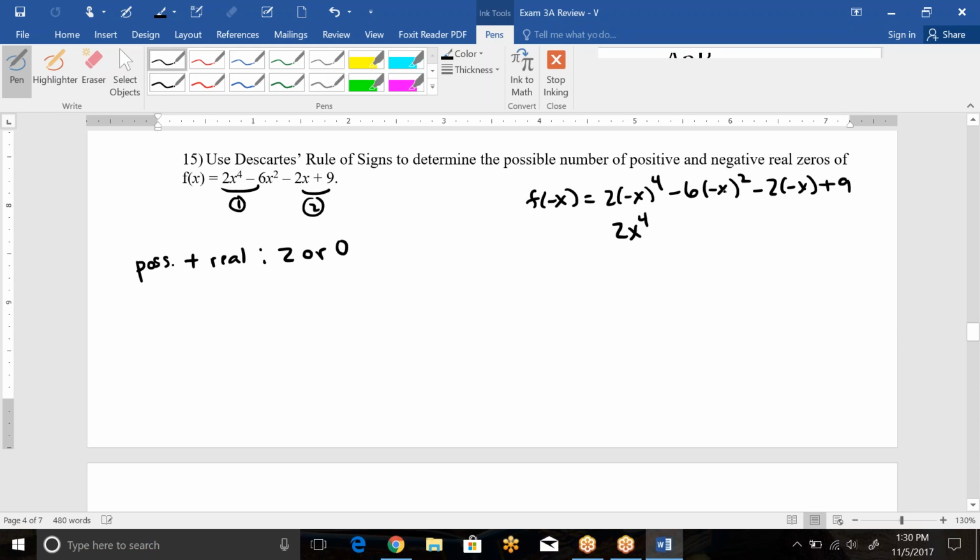Negative to the second power will still be a positive, but then we times it by the negative, so it's going to be negative 6x squared. Negative 2 times negative x would be positive 2x, and then a plus 9. So here there's only one sign change from a plus to a minus, and a minus to a plus, so that's 2, and then a plus to a plus, so that's just that. So this would be possible negative real solutions